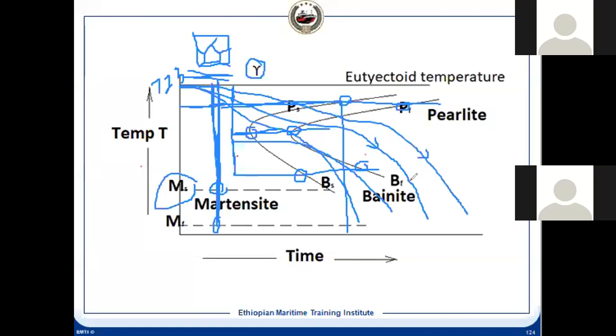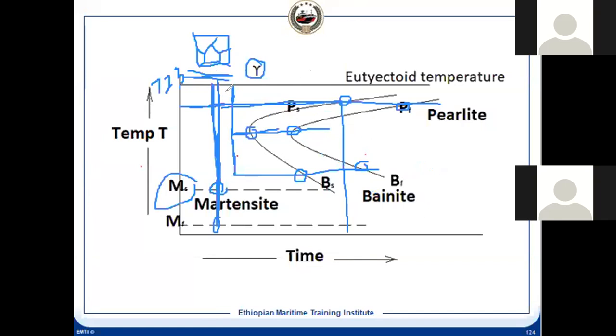And that is the way we can control the microstructure of the steel. Different microstructure we can have. Suppose we want some pearlite, but not completely pearlite. It means we can come here, up to here, then move down. It means some pearlite will be formed, not completely. So after that, some bainite will be formed. So we can have a combination, different structure combination, different phases, and we can have different strength of the material as per our need.